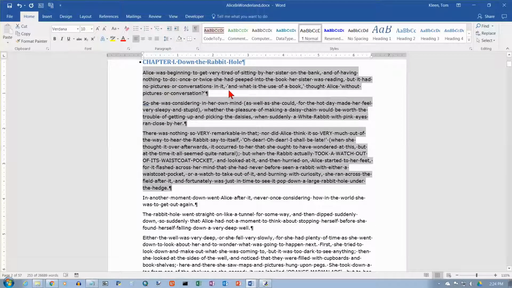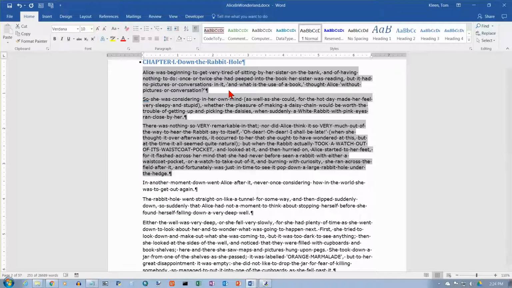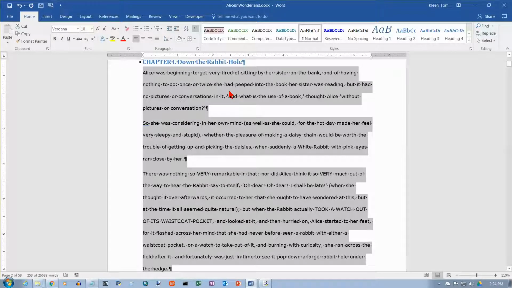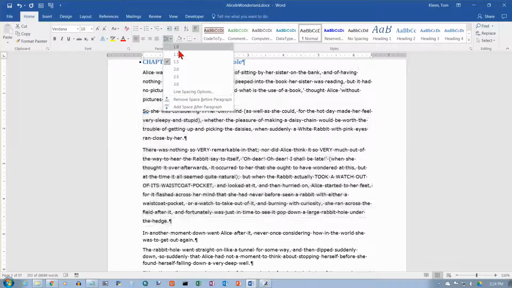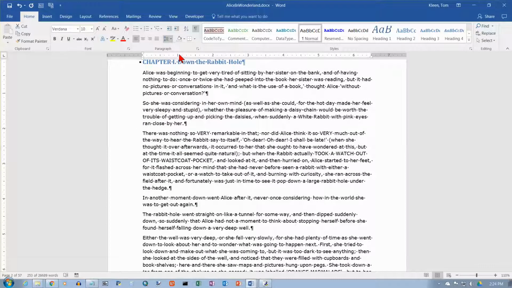So I'm going to leave this selected, and I'm going to do a Control 1, as in single space. And you see it gets a little bit smaller. Now I'm going to do a Control 2, and it should be double spaced. And then I'm going to do a Control 5, which is 1.5. Now that one may be a little harder to remember. The way I remember it is that 1.5 is 1.5, and so I assume that's where the 5 came from for that. So those are some keyboard shortcuts for quickly changing the defaults. There is no keyboard shortcut that I'm aware of for any of the other options here, including 1.15. So if we're going to go back to 1.15, you have to go